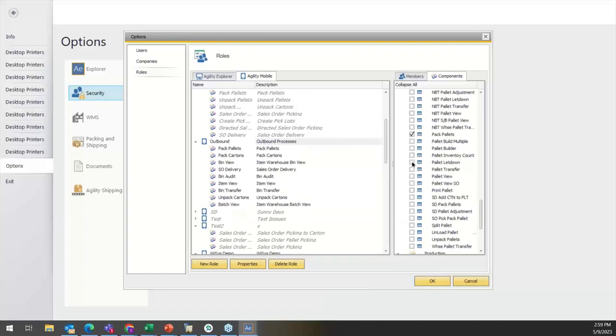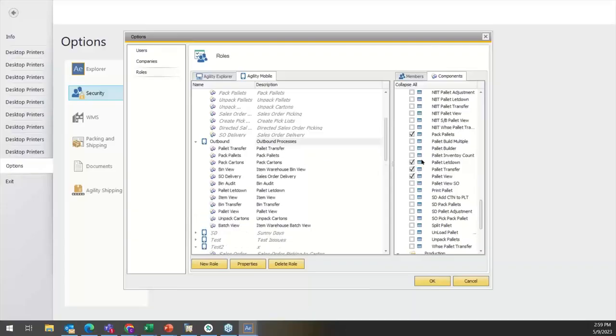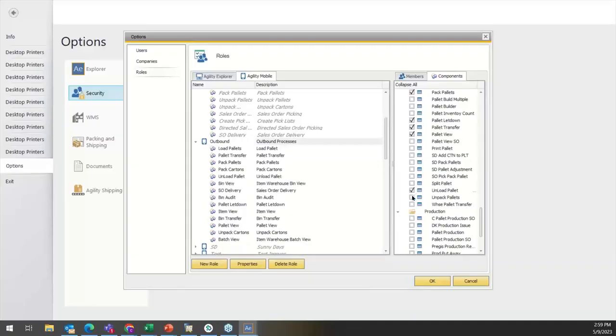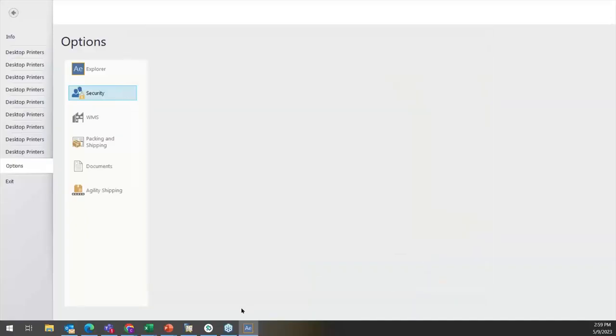So we gave him pack pallets there, or pack cartons there. Now I'm going to give him pack pallets, pallet view, pallet transfer, pallet letdown. I could assign him things all day. You get the gist. But now I've given him things that fit his role, right, on the outbound side of the warehouse. Everything I've given him fits his specific role. Now the role is ready and created to match what he actually does, in his everyday process in the warehouse there. So now if I hit OK,